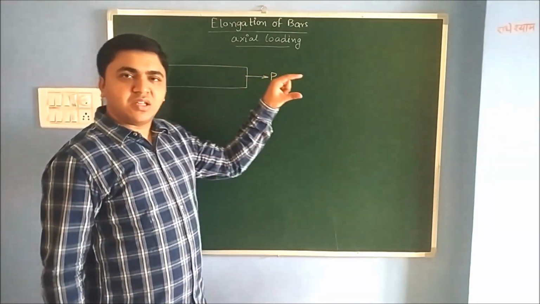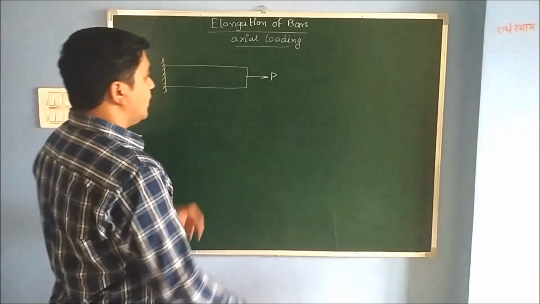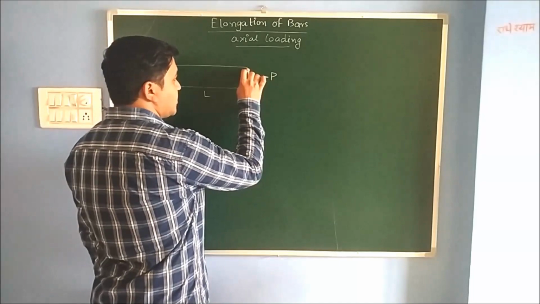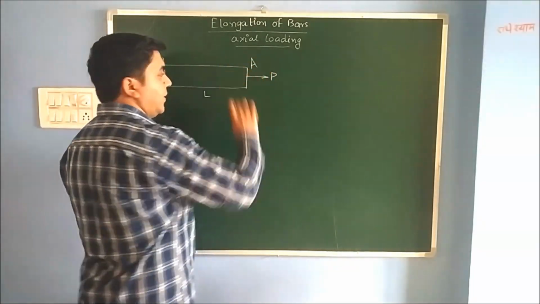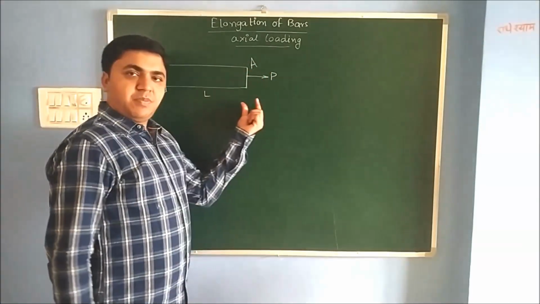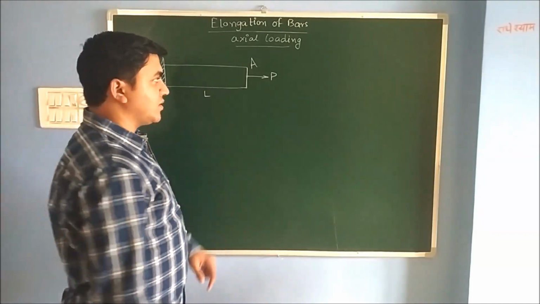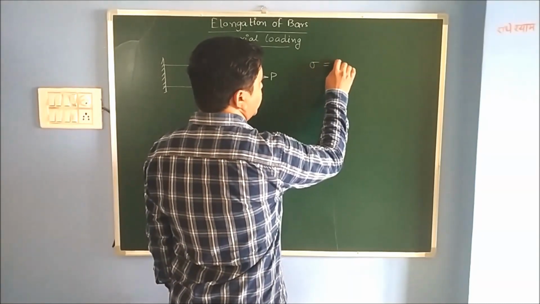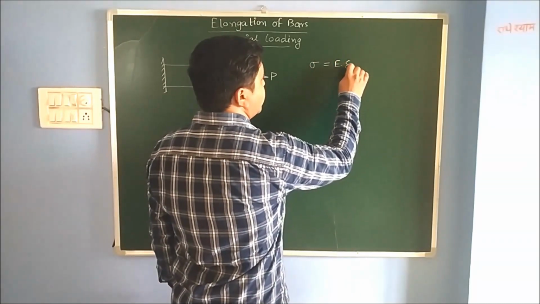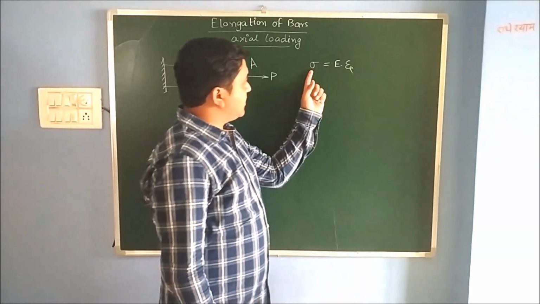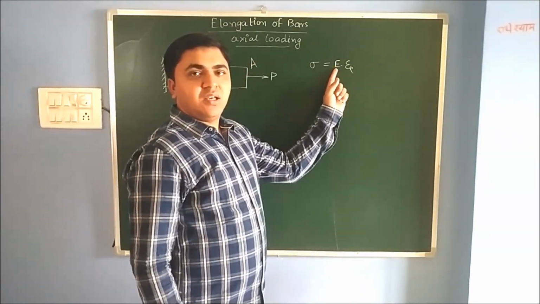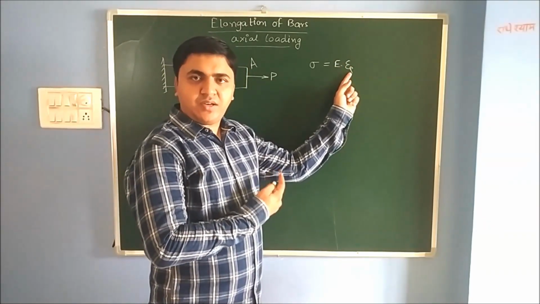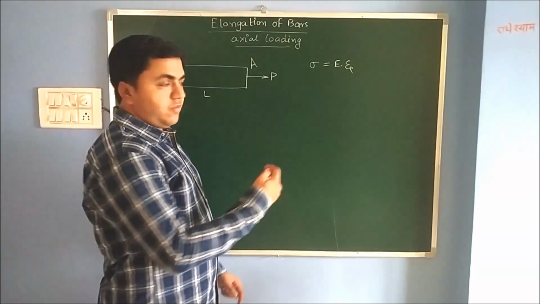इस बार का लेंथ कितना इंक्रीज हुआ, that we are supposed to find out. Let's suppose the length of the bar is L and the cross section of this particular bar is A. अपन ने इस टाइप की प्रॉब्लम के लिए लॉ पढ़ा था, that is called Hooke's law, and according to that stress is equal to E into strain. Sigma is stress, E is Young's modulus of elasticity, and epsilon is strain. So let's put the value of all parameters.